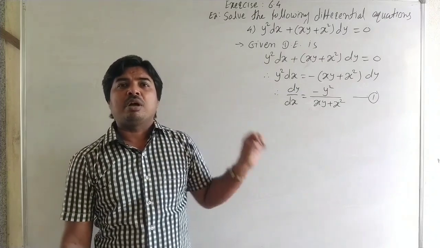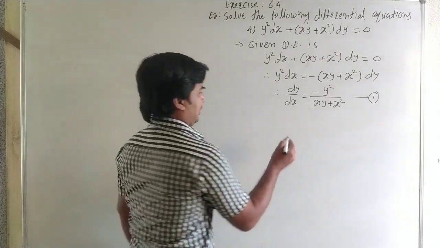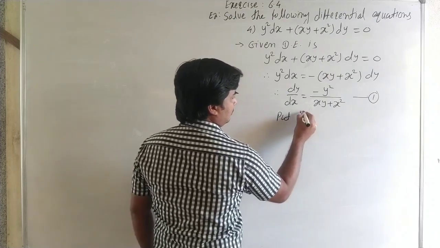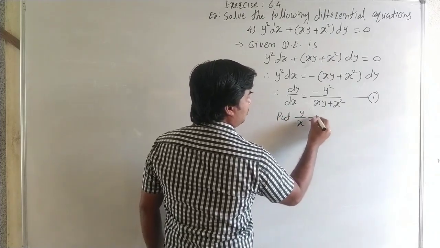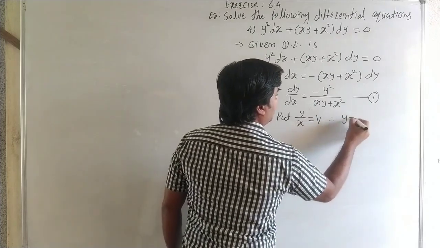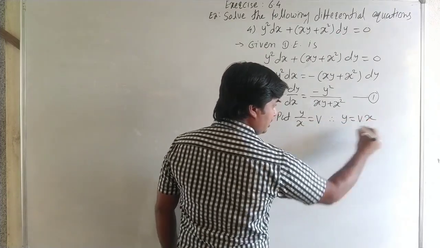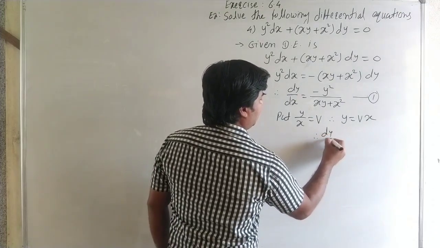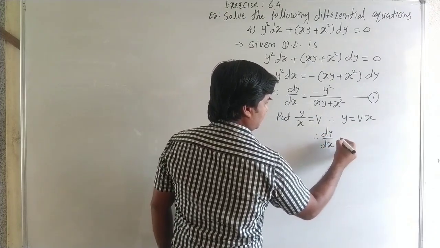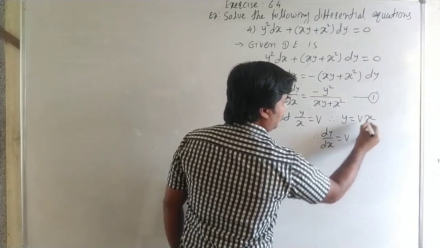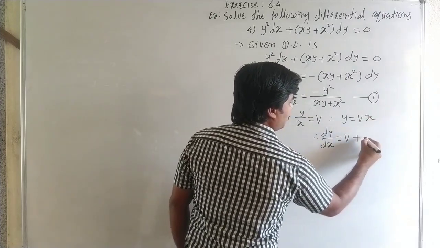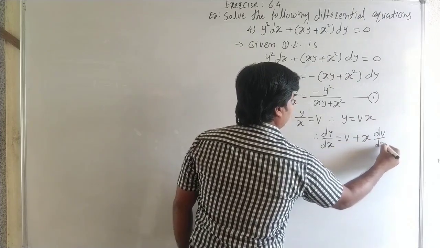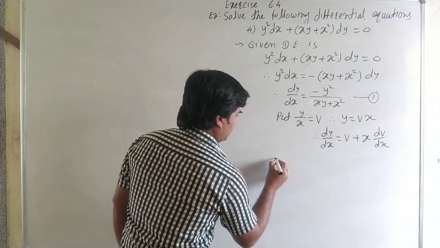So here put y by x is equal to phi. Put y by x is equal to phi. Therefore y is equal to phi x. Now differentiate with respect to x. Therefore dy by dx is equal to phi into derivative of x, it is 1, plus x into derivative of phi, it is dv by dx, and therefore the equation 1 becomes